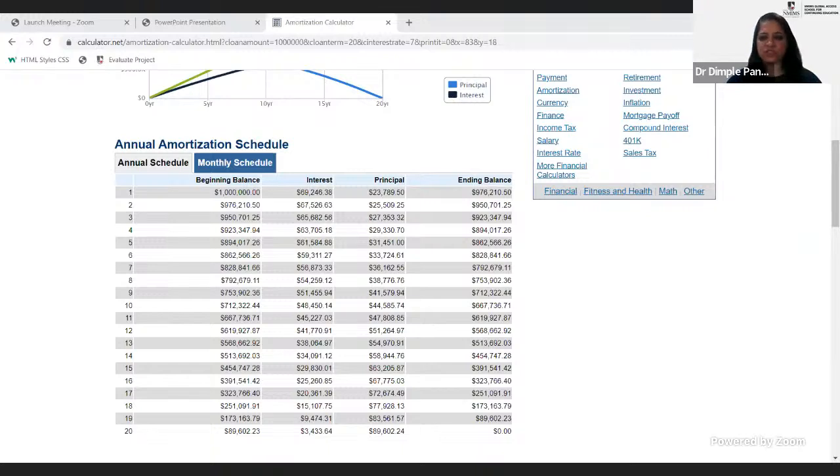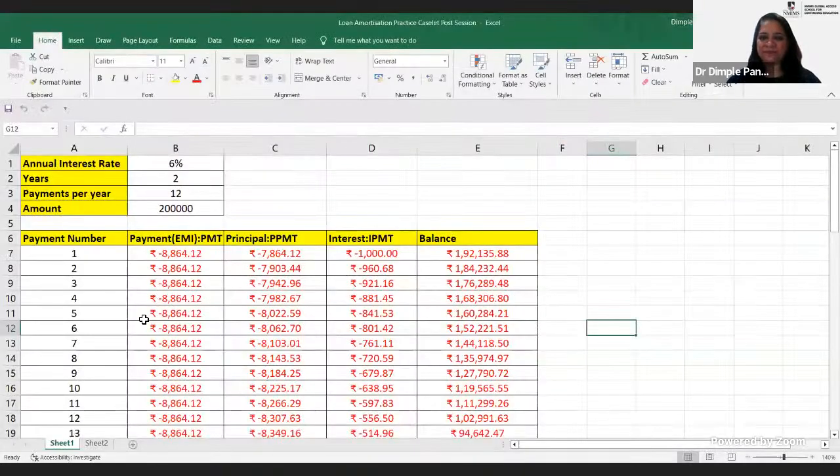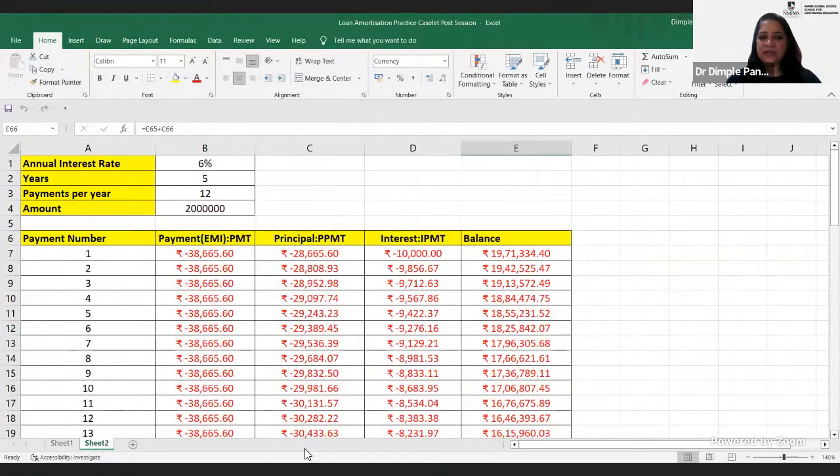Yeah, this is the sheet. Remember this? We had done this on that day. The same thing, we calculated it here using the functions PMT, PPMT, IPMT. The same thing, instead of using Excel, if I want to do the calculations straight away, I can do this